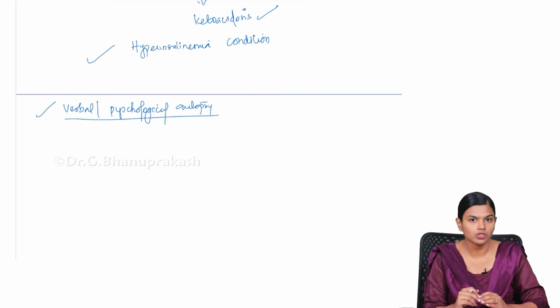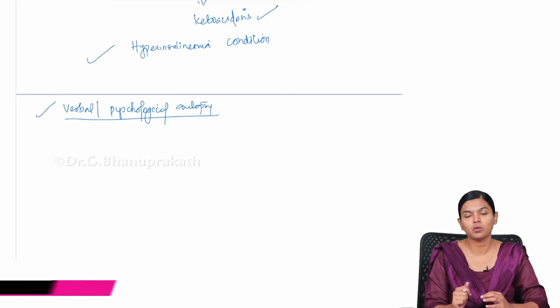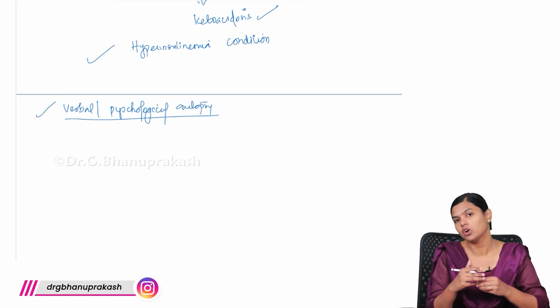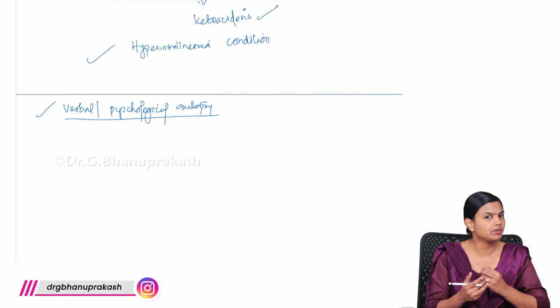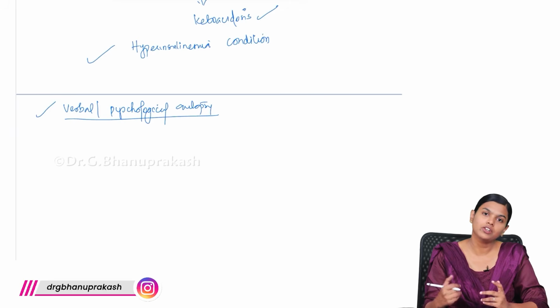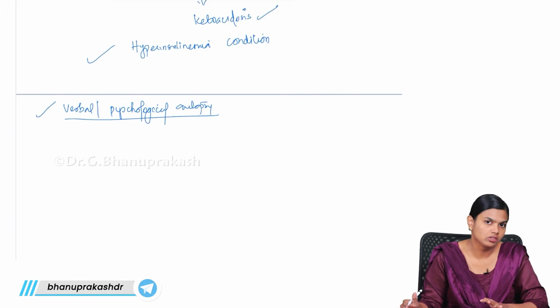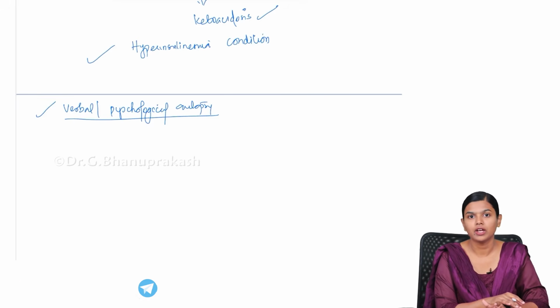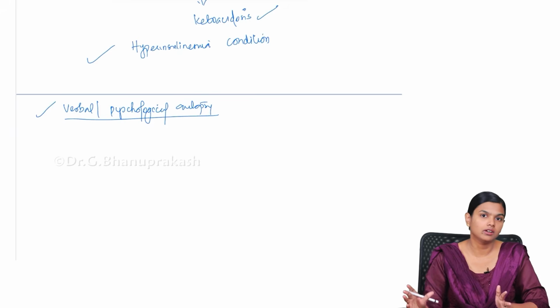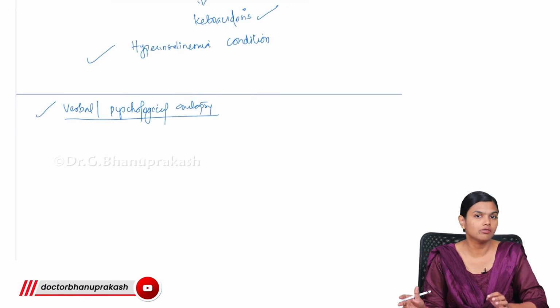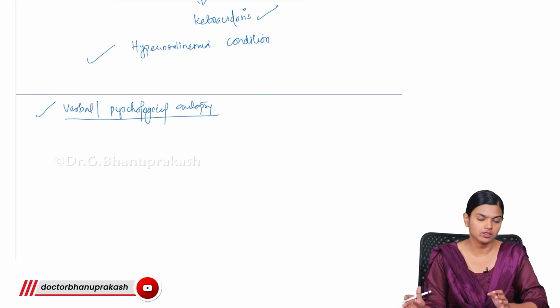Even in the case of electrocution, if nobody had seen the exact scene, if the crime scene is not analyzed properly, sometimes there will not be any entry or exit wound and the patient would have died. You will not be able to identify any changes, and without knowing the history, you won't be able to come to the electrocution diagnosis. Only if you have the history can you at least exclude all other possible causes and come to the conclusion of electrocution. If you don't know the history, it has to be called a negative autopsy only. So history is very, very important under these circumstances. This is why an autopsy always starts with history taking.